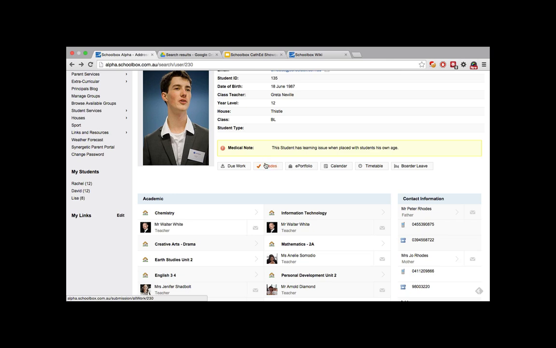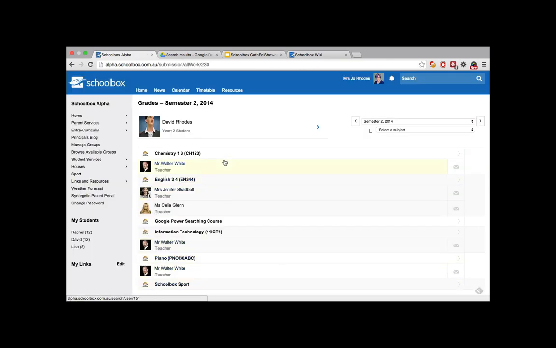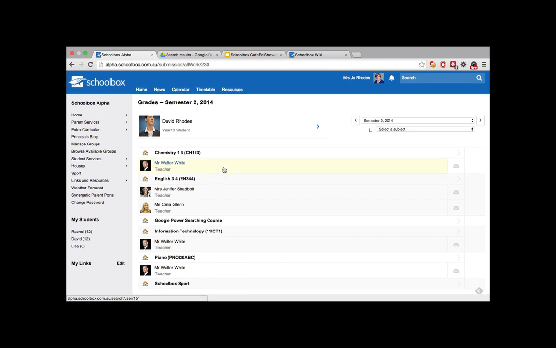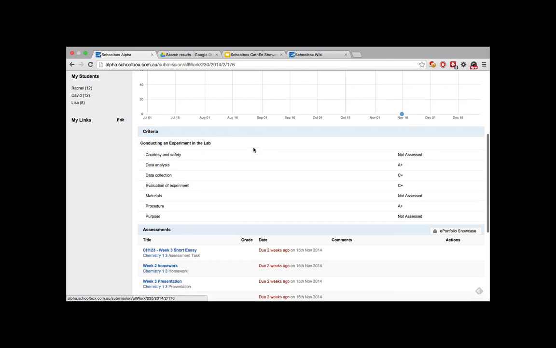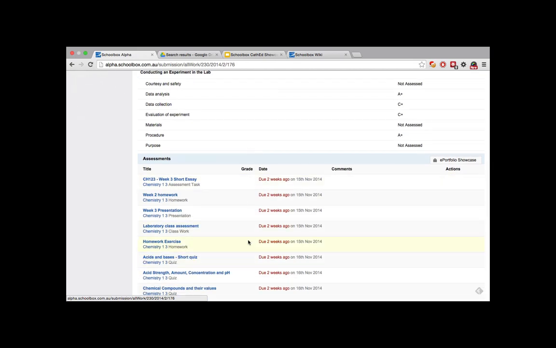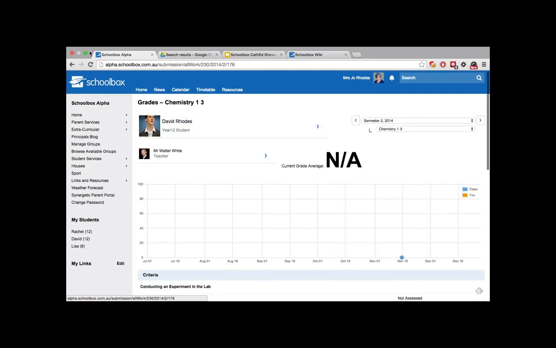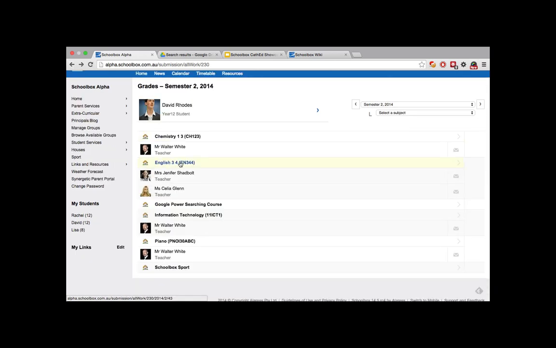Obviously for parents, grades are sort of important as well. So we give parents a grades report card that gives them an overview of how their students are performing in each class, allowing them to drill down and see exactly what they're getting across the class for all of the assessments that they've completed. The student hasn't completed anything, not very good. So yeah, you can actually go in and see exactly how your student's going, getting that real-time continuous reporting system